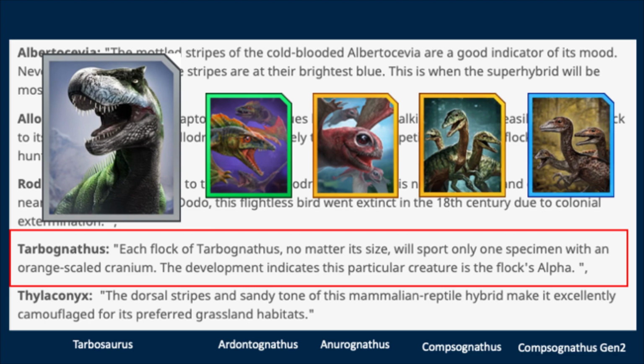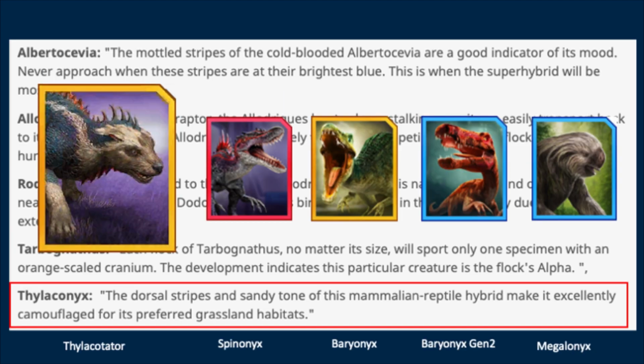So one of the clues here: each flock of Tarbognathus, no matter its size, will sport only one specimen with an orange scaled cranium. Now you can see there on the Allodrigues, it's got an orange scaled cranium. Now I'm not saying that I think this is going to be one of the ingredients. In fact, I'm saying it's not. But given that Allodrigues is an ingredient of Allodrigues, for me, I think Tarbognathus is going to be a mix of Tarbosaurus and Allodrigues. And then finally, we've got